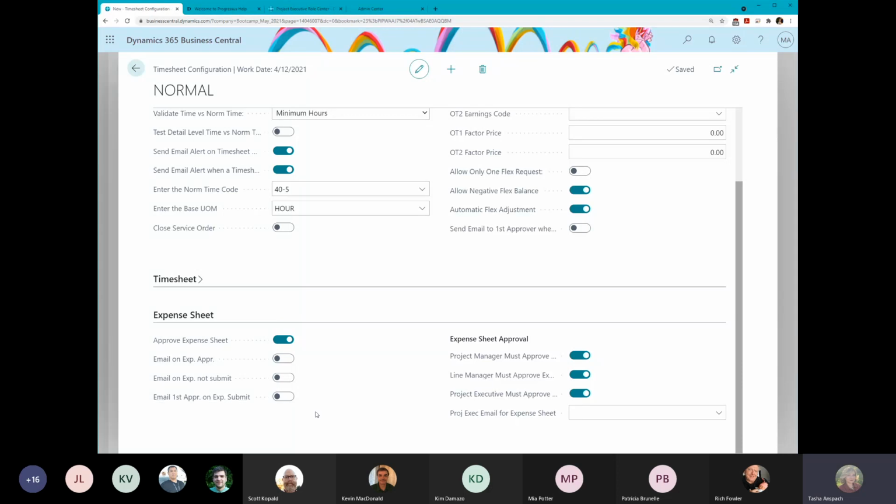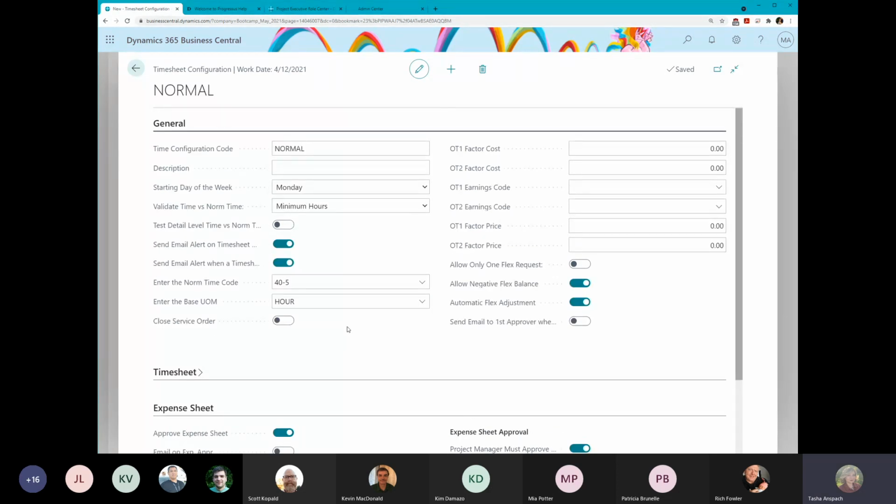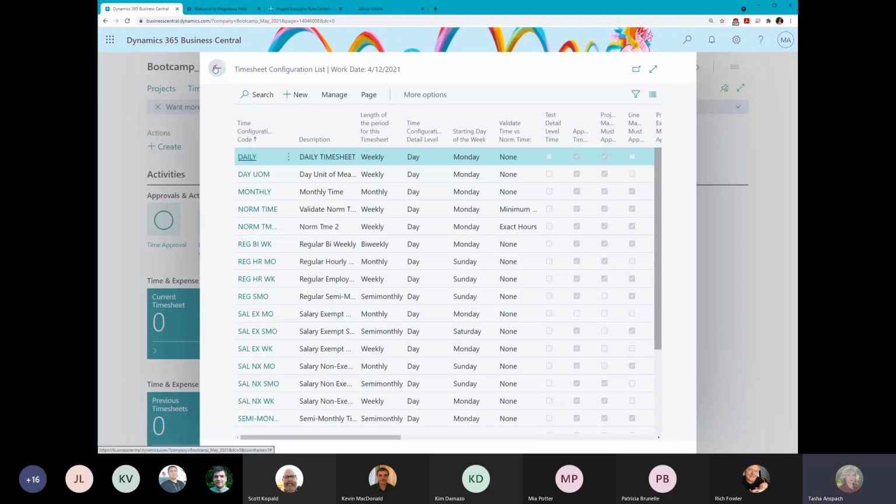There's also emails over here if you want emails to go out for those expenses as well. But once you have all this done, we will actually assign it to a resource, and that's how all of this is going to feed over to the resource card and those timesheets. So once you have that all in there,